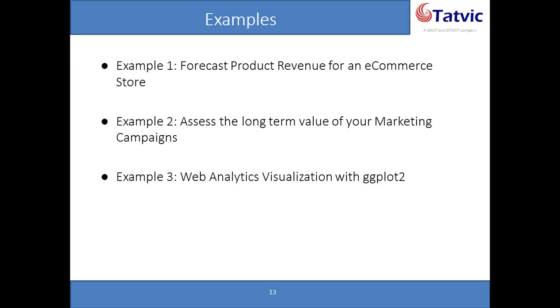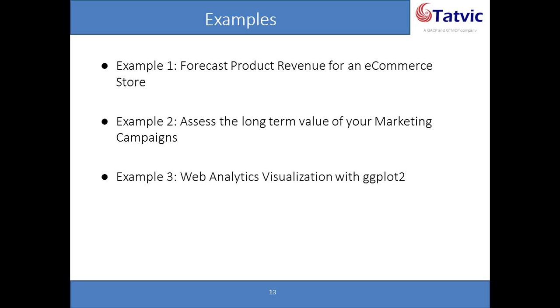The second example is to assess how we identify the long-term benefit or the long-term value of marketing campaigns. A lot of people try and move towards customer lifecycle value for the campaign, but I think this is a sort of version 1 of customer lifecycle value, if you may think of it like this.